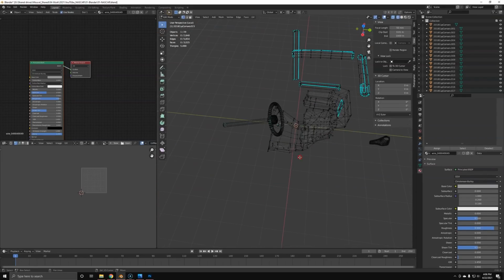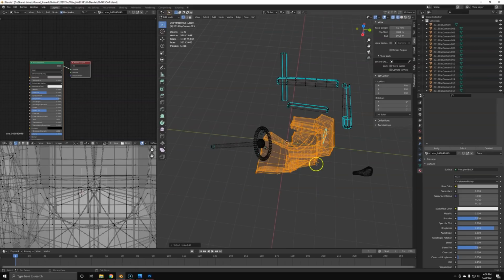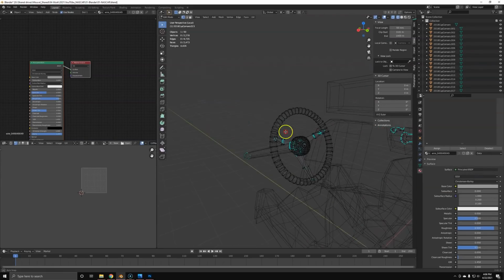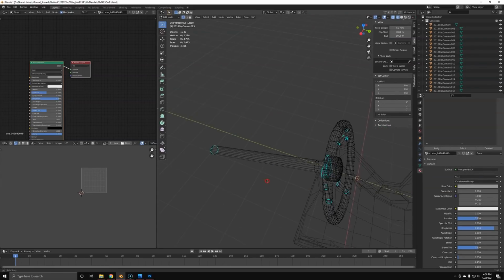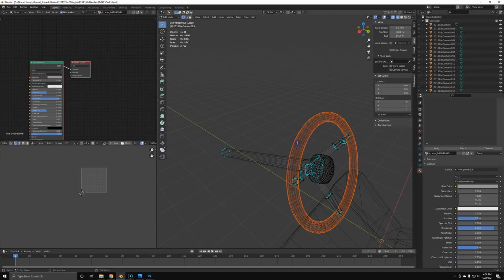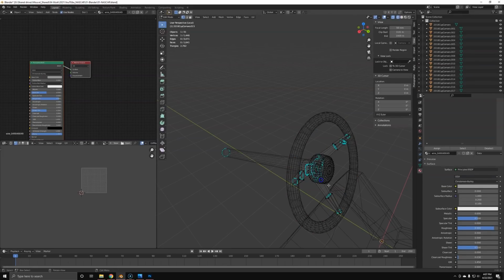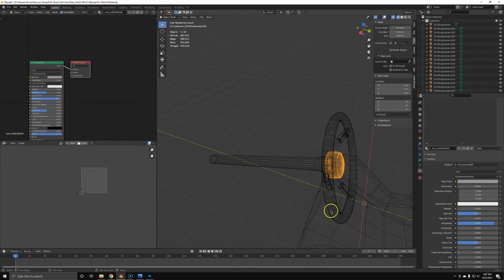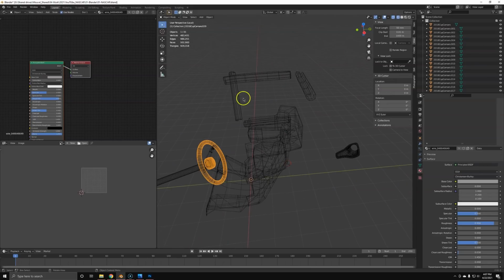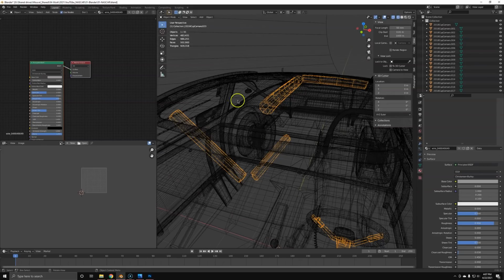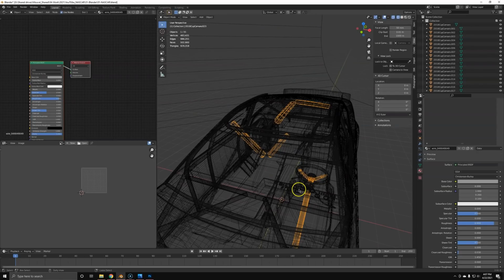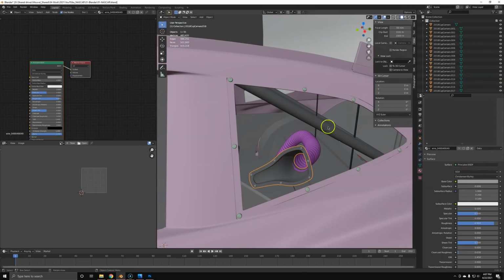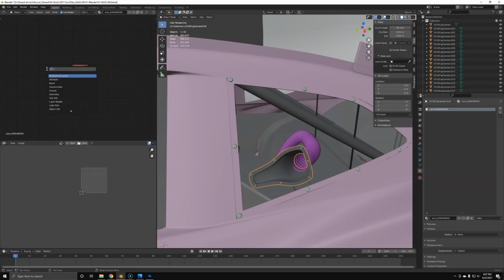Okay, what else do we got? The seat is probably separate. So let's get it out of here. And the steering wheel is probably also kind of separate. Let's get this out of there. Yeah, and this out of there. Something like this. And this is probably similar to this. And this. Okay, I think this should work. That was maybe a mistake. I should have kept the selection. It's fine. Okay, let's make this refractive glass principled